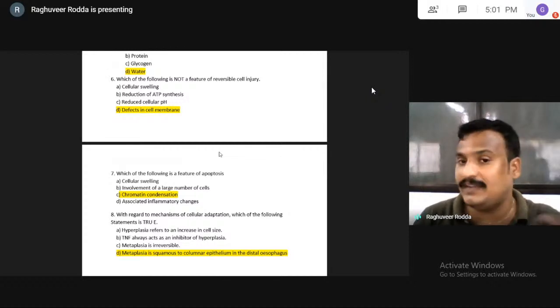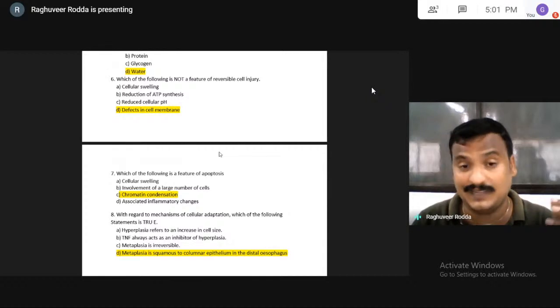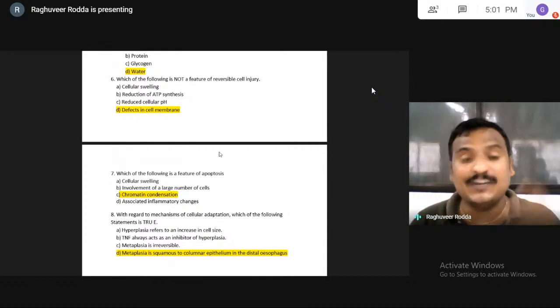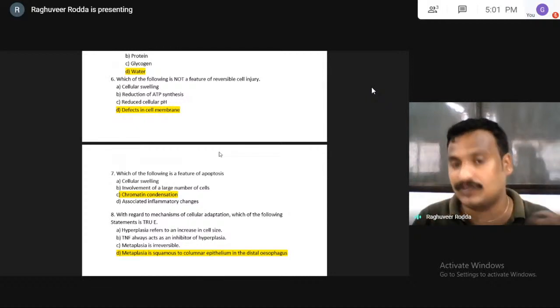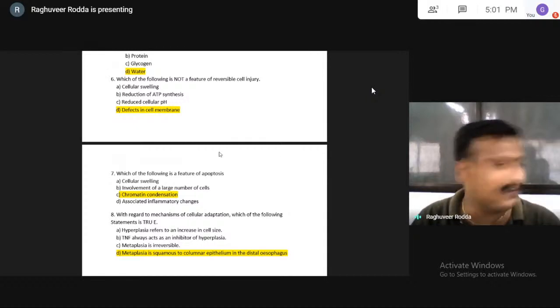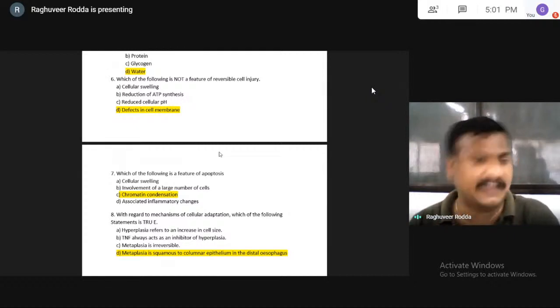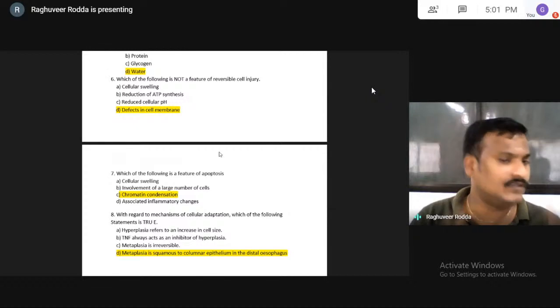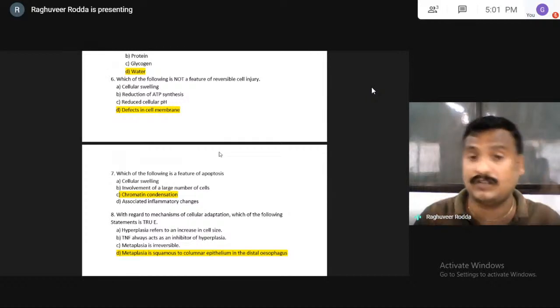So when I'm talking about apoptosis, I also said how the condensation takes place: the caspases, proteases and endonucleases are responsible for the digestion of the nucleotides and nucleosides, converting the DNA, the genetic material, into fragments and a compressed material. So chromatin condensation is a very important feature of apoptosis, and which